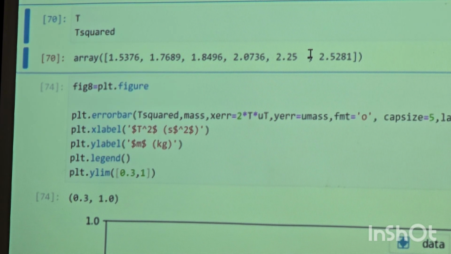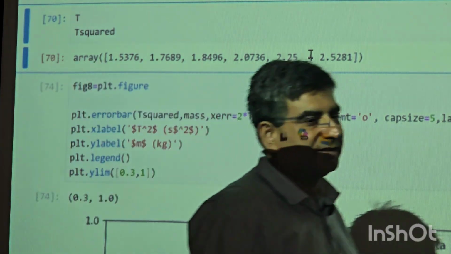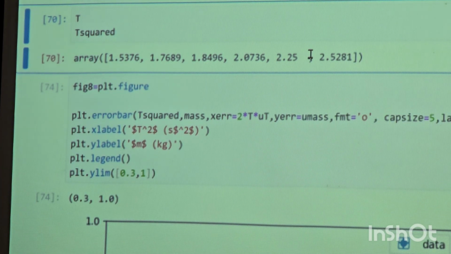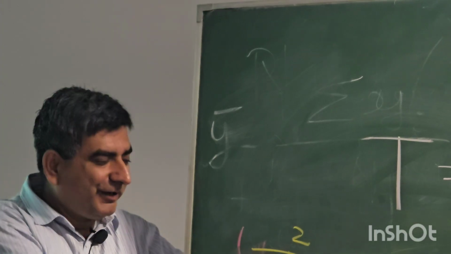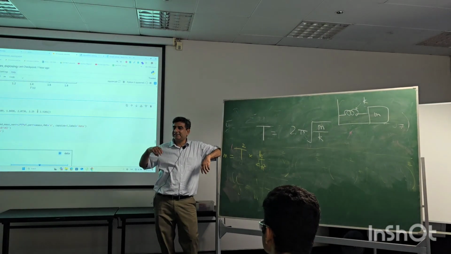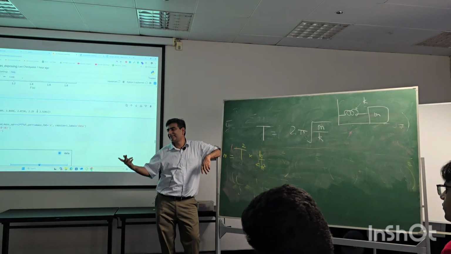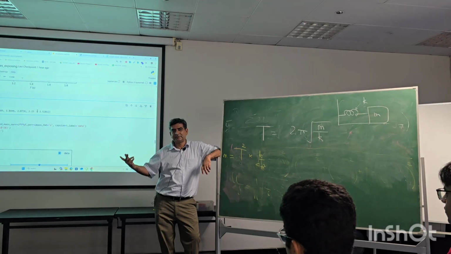Now I want to know the errors. I already know what the errors in the mass are. I want to plot error bars. I already know what the error bars in mass are. 1%. But now I need to know the error bar, the uncertainties, not in t but in t square. It will be multiplied by